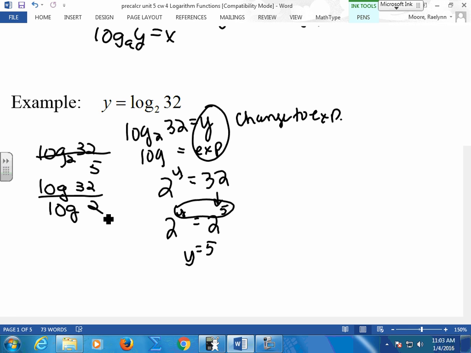We can change your base, we can put it in your log base thing. This made life a lot simpler using this log base. Sometimes we'll flip them to exponential equations. And if it says algebraically, you're going to have to flip to exponential. I want you to be aware, though, sometimes